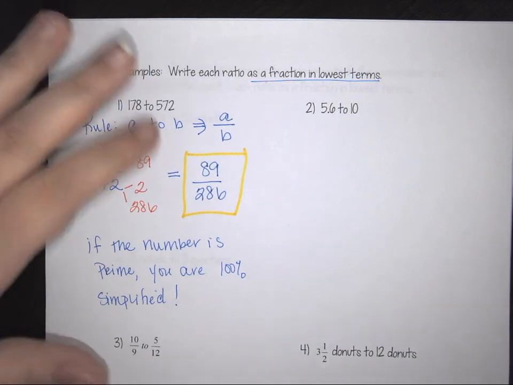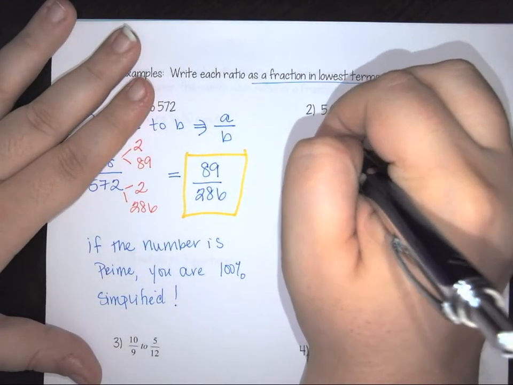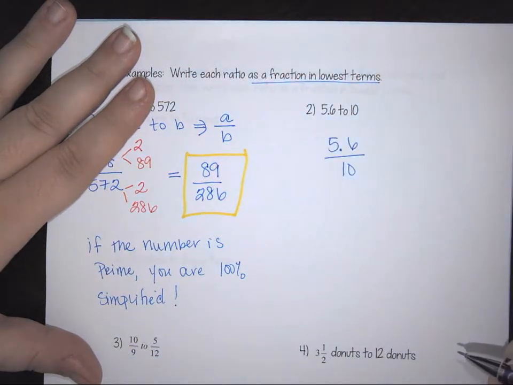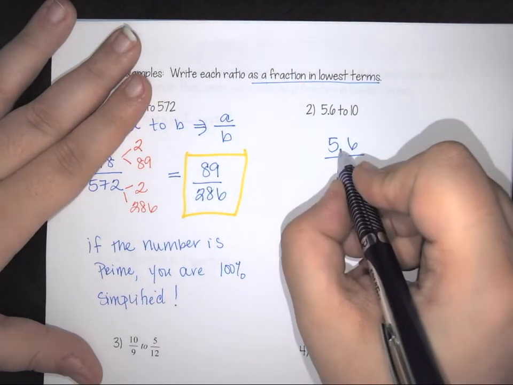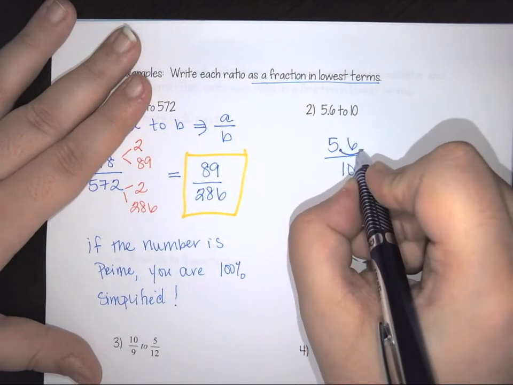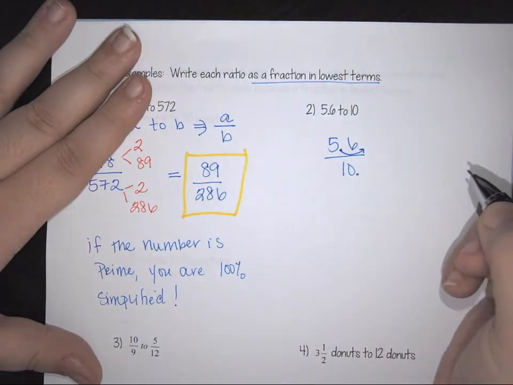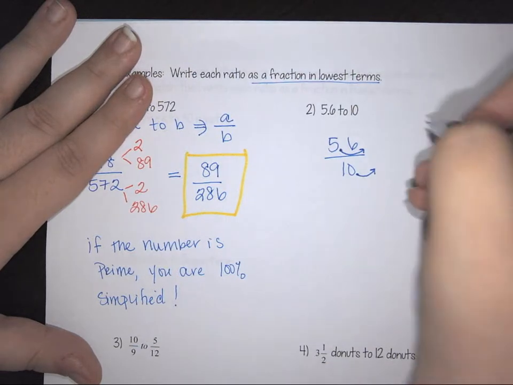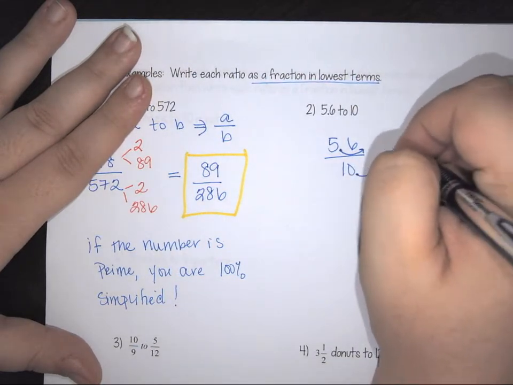So let's look at another one. Here I have 5.6 to 10. Now the rule that we like to have is don't work with decimals. So instead we would take this and move the decimal out 1 place. Because we did that, we have to take the 10 as well and move it out 1 place. Thus changing my fraction to be 56 over